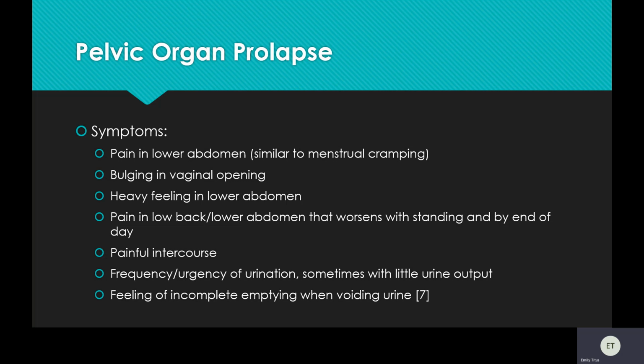The very common symptom is low back pain or lower abdominal pain that worsens with standing, and it gets worse by the end of the day. For obvious reasons, since there's an organ pressing out through the vaginal opening, intercourse or insertion is typically painful. Then there's often an increase in frequency and urgency with urination, sometimes where they are not capable